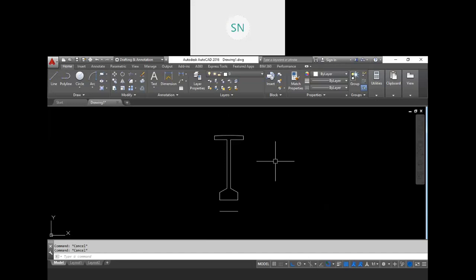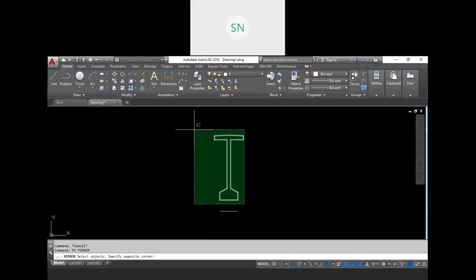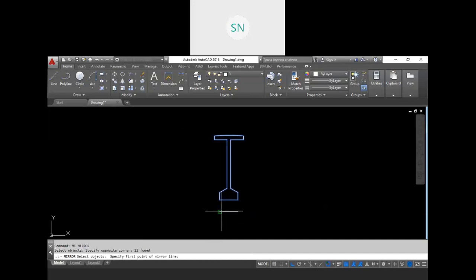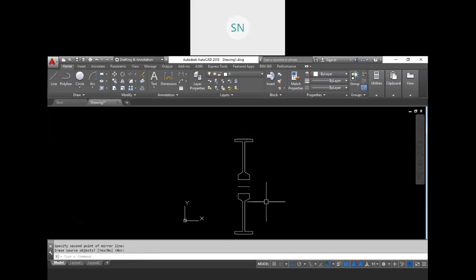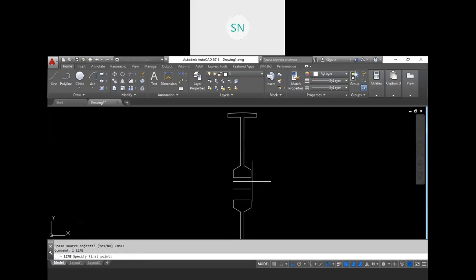Now let me mirror this thing. Mi, enter, select your object, enter, and select 2 points of your mirror line and enter. So here we have mirror. Now connect both of these like this and your drawing will be complete.